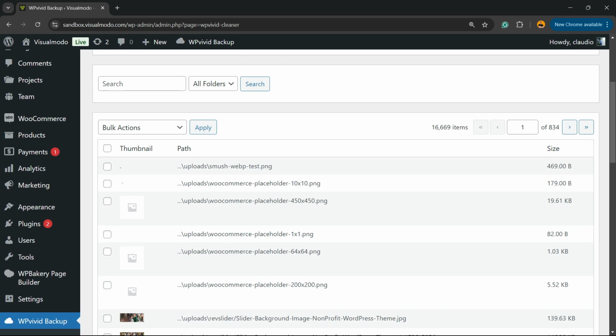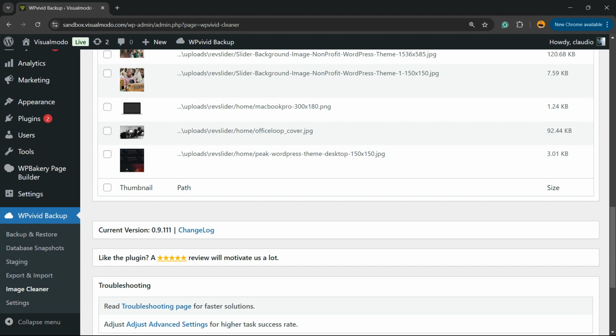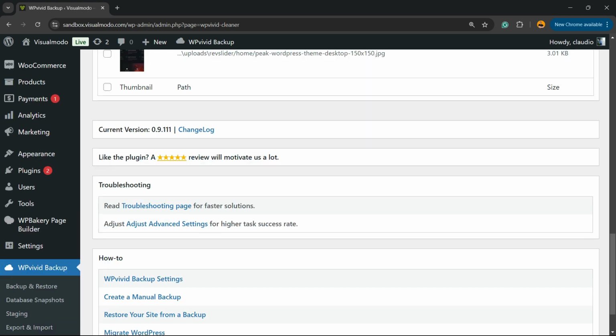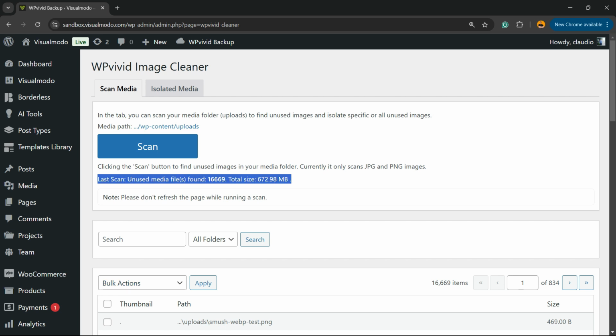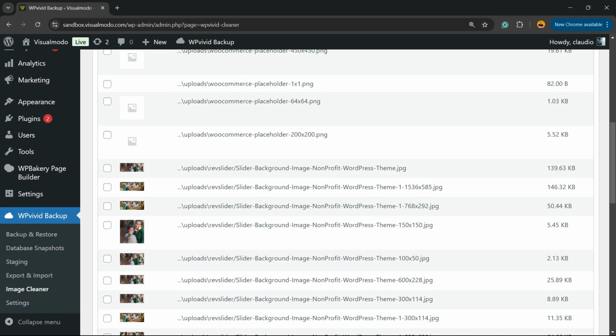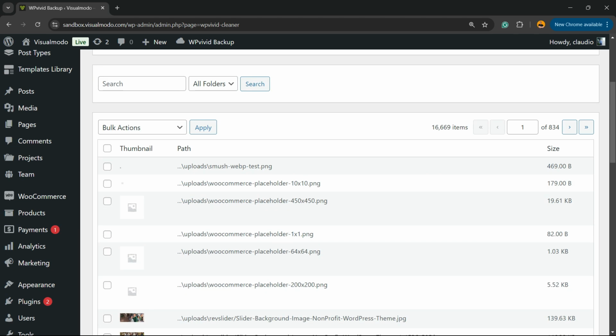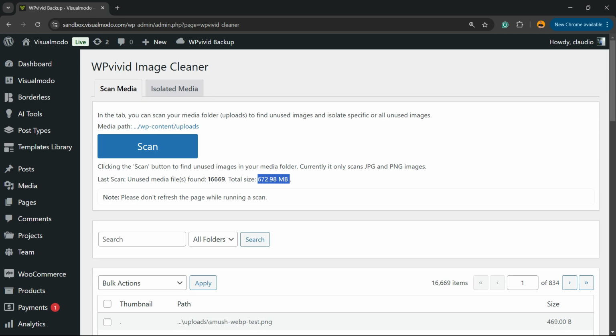And right here we can see the images, and we can take bulk actions on them. For example, we can isolate the selected images or isolate all the images. From here you can learn more. Last scan, unused media files found. Total size, so you can see there is a big amount of files that I have not used on the site. What I can do with these files is delete or isolate them to not occupy too much space